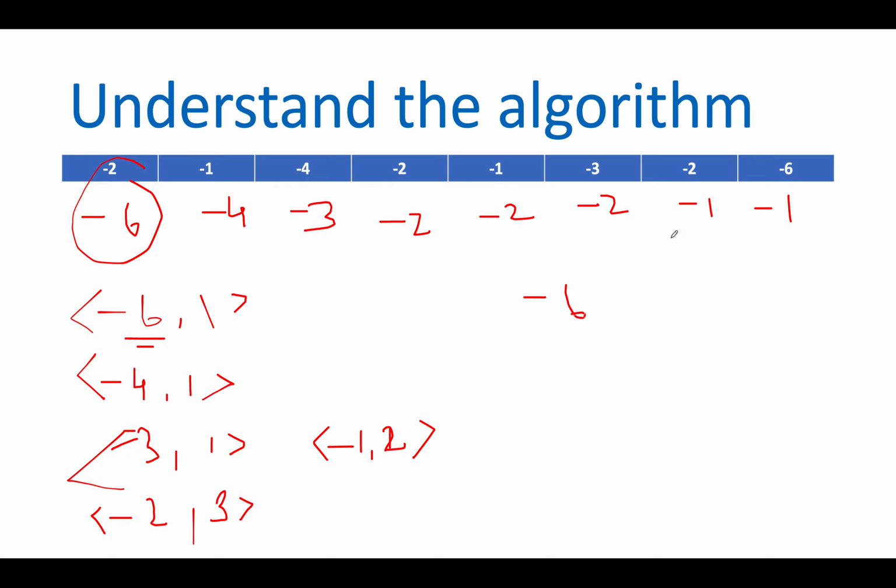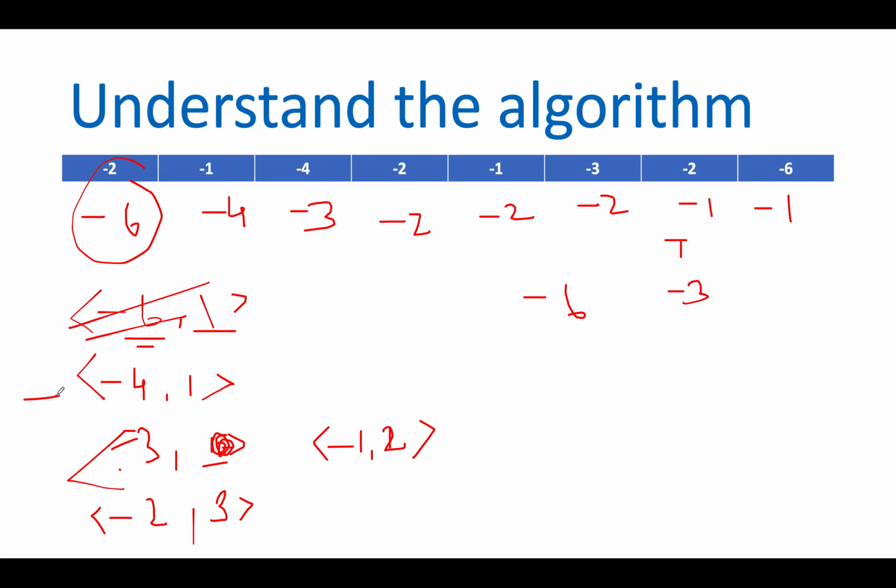So this is my current element. What would be the target element? The target element would be -3. And what is the frequency of the current element? The frequency is 1. That of the target element is again 1. That means you can consume -3 against -6. So this gets consumed and the frequency gets updated to 0 here. And we can continue the process. Had this element not been there in the input array, or the frequency would have been lower, we would have returned false upfront from there.